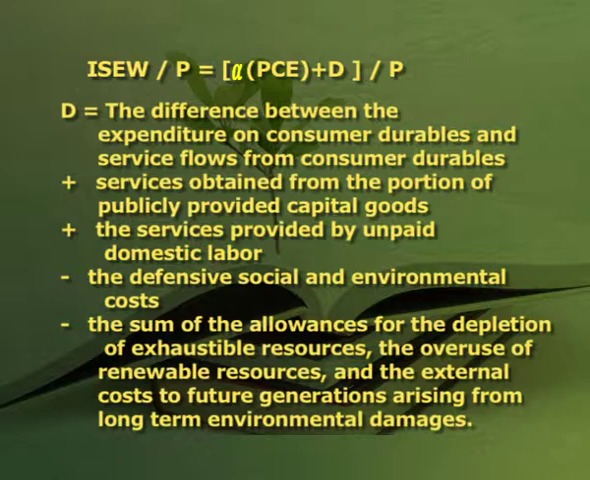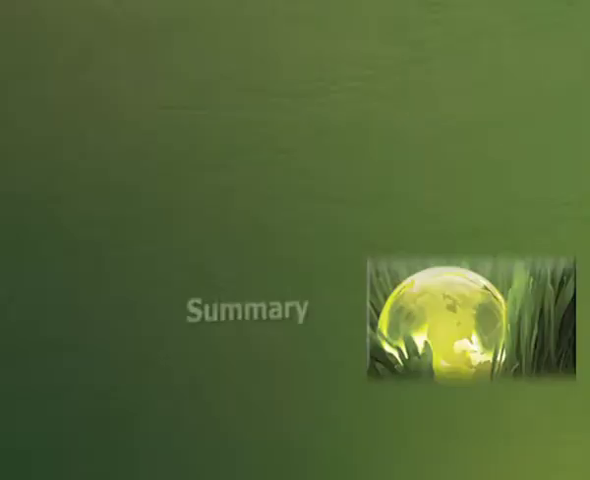the sum of the allowances for the depletion of exhaustible resources, the overuse of renewable resources and the external cost to future generations arising from long-term environmental damages. It is important to note that for the ISEW to meet the condition of sustainability, capital stock needs to be intact. Summary: